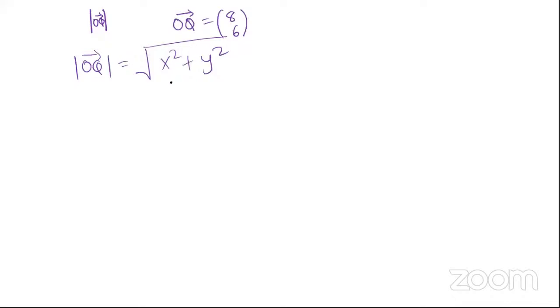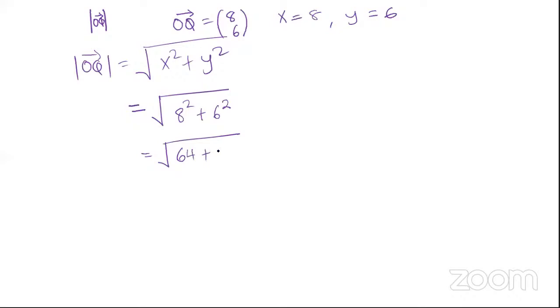Don't just start writing your square root from nowhere. First put for us the formula that you're going to use. Okay, so from here we now say the root of, here we know x is equal to 8 and y is equal to 6. So therefore we shall get 8 squared plus 6 squared, and 8 squared is 64, plus 6 squared,